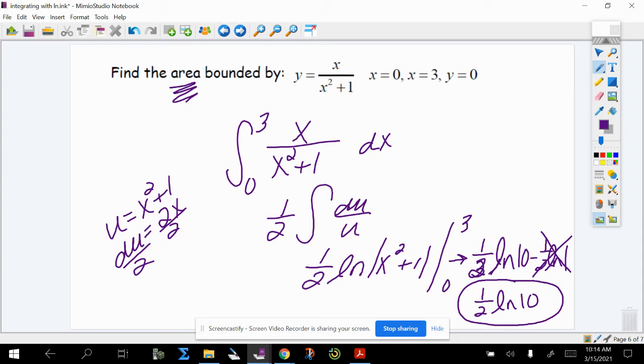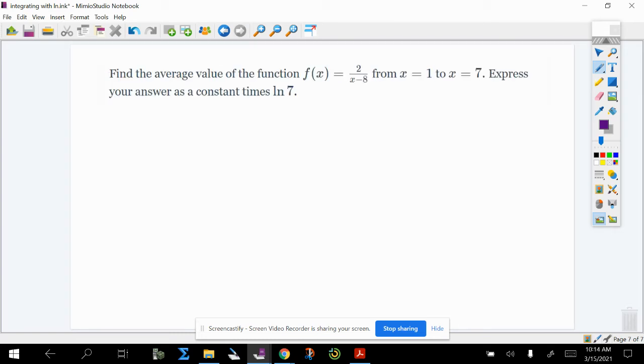What they'll do on Delta Math is they'll actually remind you that your answer should be in terms of natural logs. It'll even tell you like what natural logs it should be in terms of. So this would be one where it'd say something like, keep your answer in terms of the natural log of 10, something like that. That is an exact answer, and it really stops you from having to have a calculator and worrying about rounding and getting decimals. Delta Math has a whole section on these, and they're area-based questions, definite integral-based questions,